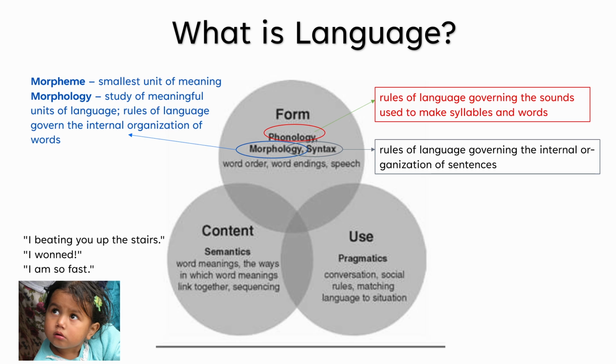Although the child omits words and over-applies grammatical rules, their sentences follow clear patterns. These kinds of so-called errors reflect active learning, not confusion. Content refers to meaning. The child's words work together to describe a race and its outcome. The language is concrete, focused on the here and now, and strongly supported by the immediate context.